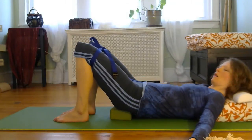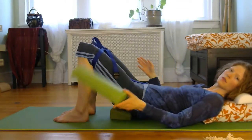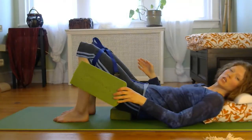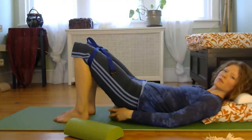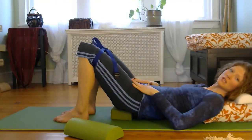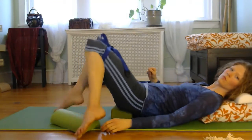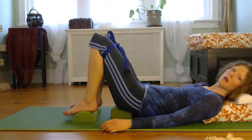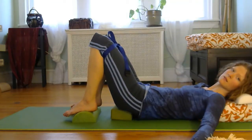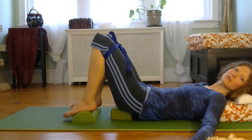And then I want to show you the last modification that I like to play around with, and that is to bolster the feet. So we want some space here, right? Because under the low back, we need room for the pelvis to drop. But we might have so much tension through the front that the body doesn't quite yet want to let go. So you can bolster the feet about the same height as your backside, and that might give your body the permission that it needs to just release a little bit here,